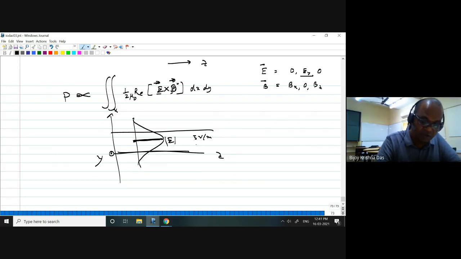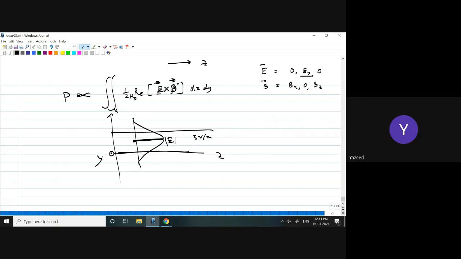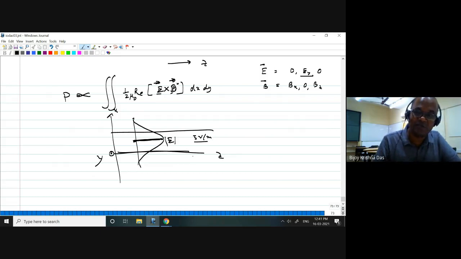But if I ask you, that field is there, but field is a vector. Yes. That field strength is there, which direction it is oscillating. If there is an electron, which direction it will experience force, that is Y direction. Okay. So the field is along the Y direction, but the strength I am just showing along Z. It is just for representation purpose. It is a field strength. Oscillating along, yeah, sure. But distribution also will be along X direction like this.